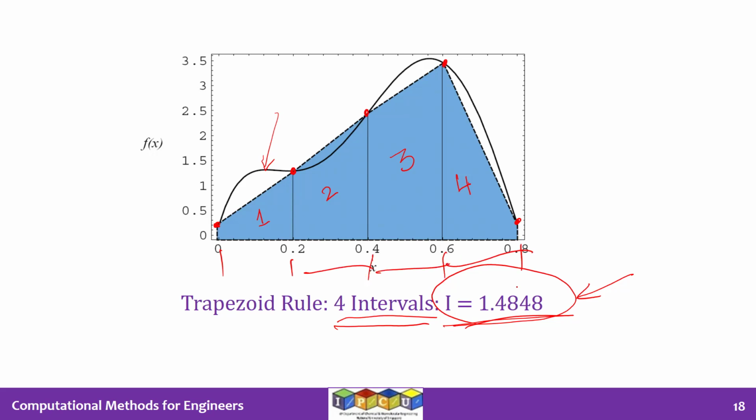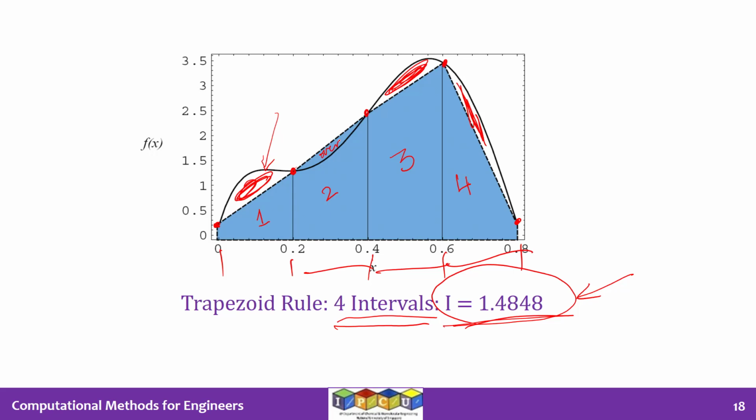or equivalently four trapeziums. So you can see that at some intervals, the trapezium, the blue area, underestimates the area under the curve. For example, it misses out this area. It misses out this area. It misses out this area. So in three of the four intervals, the trapezoid rule underestimates the area under the curve. In the second trapezium, it overestimates because the curve goes like this and the line goes like this. So this is an overestimated area.